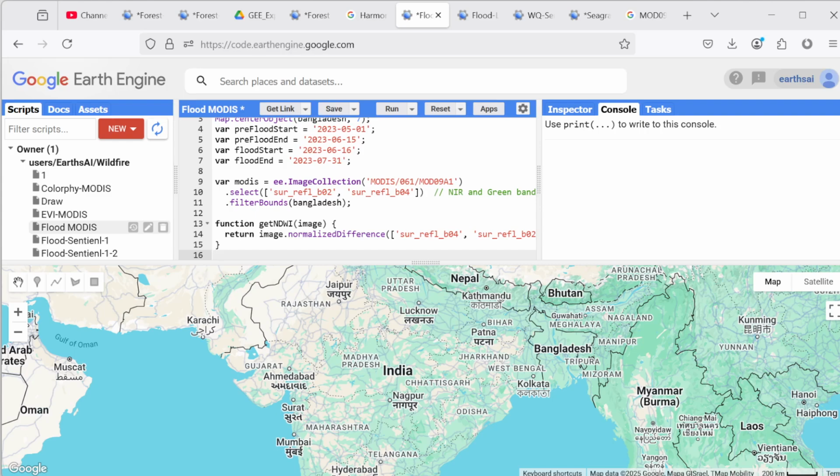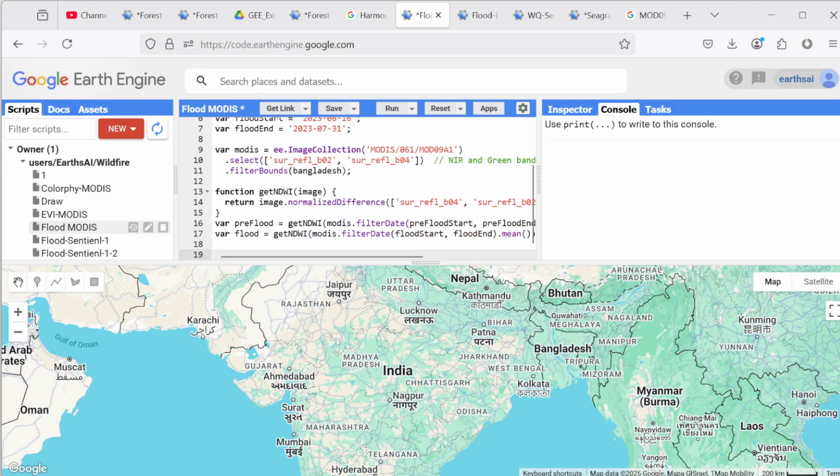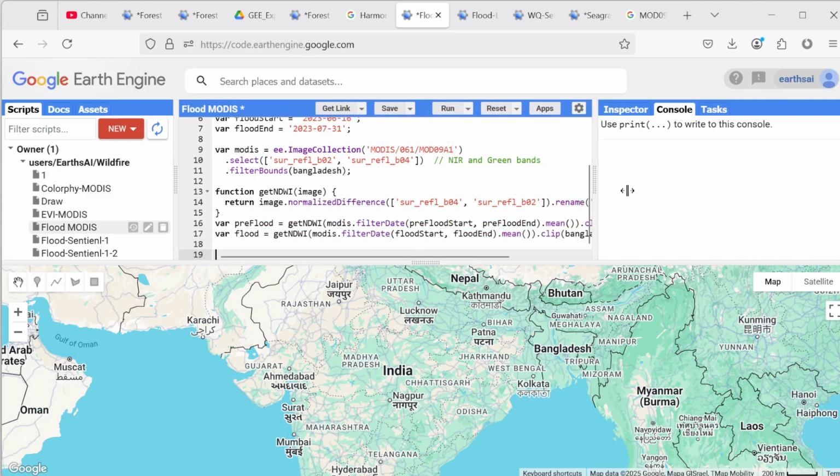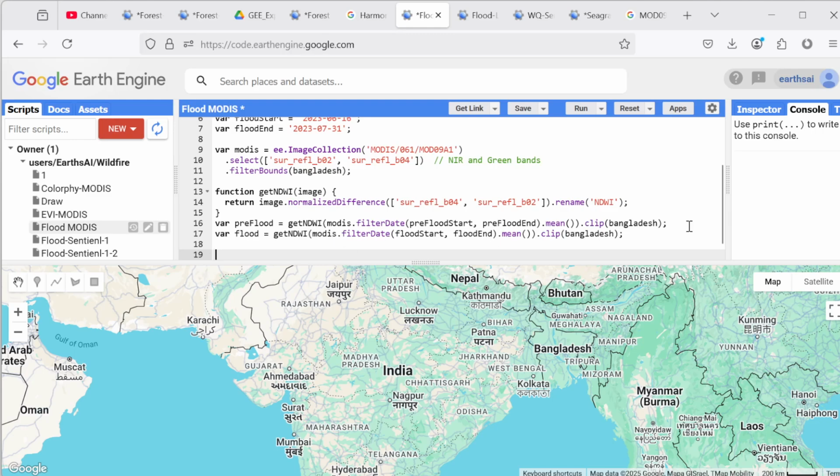After this step, we need to create the NDWI composite for pre-flood and flood. Here we can write like this, where for both periods, pre-flood and flood, we filter the MODIS data by date range, compute the mean NDWI for the selected time period, and clip the resulting image to the boundary of Bangladesh. And after this, we can detect the flood